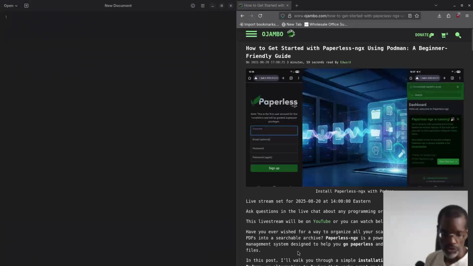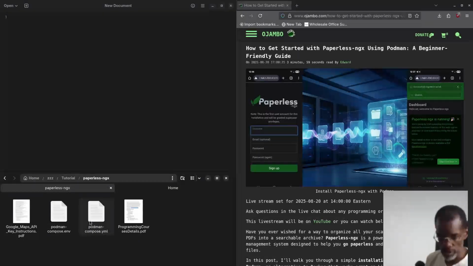Alright, so Paperless NGX is a powerful open source document management system designed to help you go paperless and take control of your digital files. What this means is that you can put documents such as PDF files. As you can see here, I do have some test PDF files that we're going to use today. And then what you can do as well is it has OCR. If you don't know what OCR means, that means optical